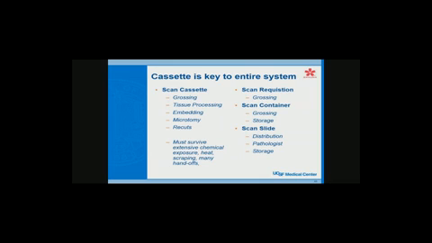You look at the other items: a requisition is scanned only at grossing, containers only scanned at grossing and storage, the slides only scanned at distribution and by the pathologist, and then at storage. And so you can see that the cassette is what is scanned the most. And what I'd like to emphasize is that you should look at getting the very best cassette printer you can and make sure that your cassettes are printing extremely well